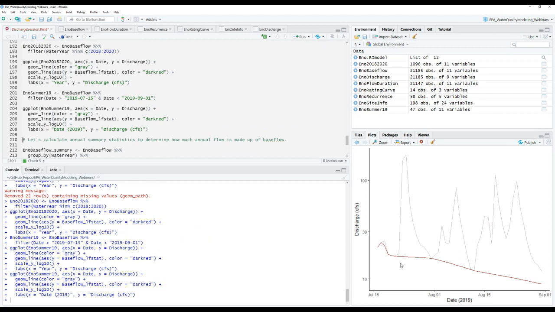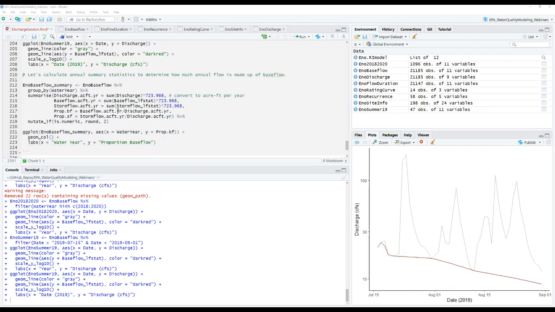But this is really illustrating that local minima method. So noticing how our base flow is kind of following along here, and then we have a straight line drawn from this storm flow peak here, where the start of the storm flow peak connects to the base of the storm flow peak, and then we continue along connecting the dots in base flow. So this is kind of a good illustration of how that local minimum method is calculated and what's actually going on behind the scenes with that specific calculation. Again, you can tinker with the settings to actually adjust how those local minima are calculated and how sensitive the model is to calculating those local minima. So just be aware of that.